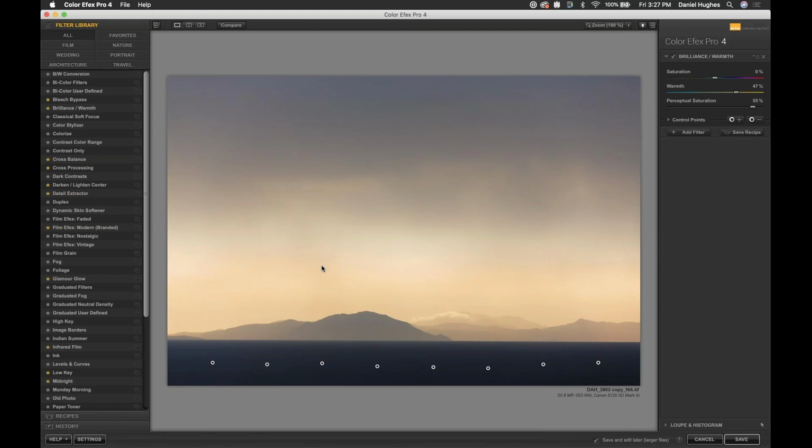So what we're going to do is group the control points together so that they'll all operate as if they're one control point. There's actually 2 different ways to do that. Here's one of those ways. If you want to group control points, you have to first, wow, I can't speak at all. You have to first activate the control points. And so to activate the control points, you can either